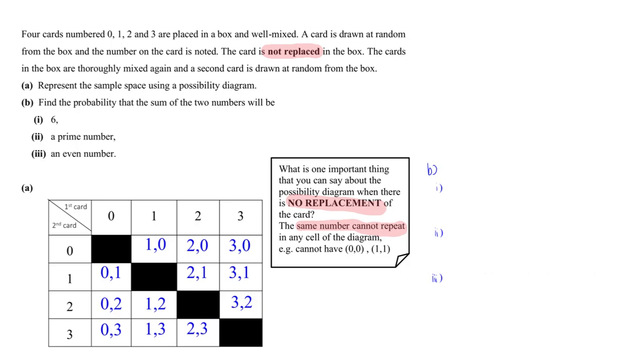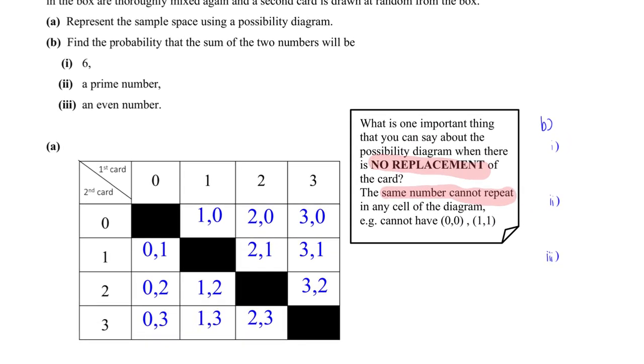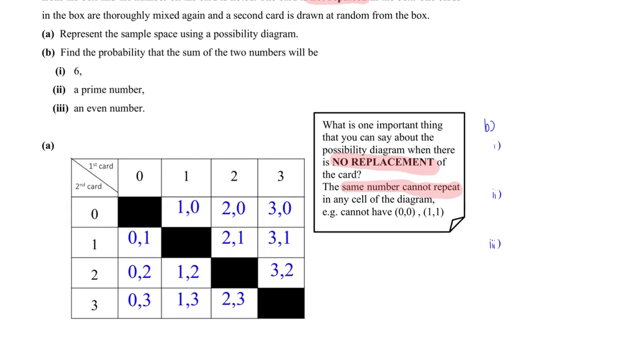That's why you see in Mr. Tan's possibility diagram here, which we are required to draw, I have blocked out those cells that have repeated numbers, because in this particular scenario, that will never happen. After we take out, for example, 0, the only numbers left in the box are 1, 2 and 3. So there should not be a case where there is 0, 0, 1, 1, 2, 2 or 3, 3. So in this case, after I count the total number of outcomes,